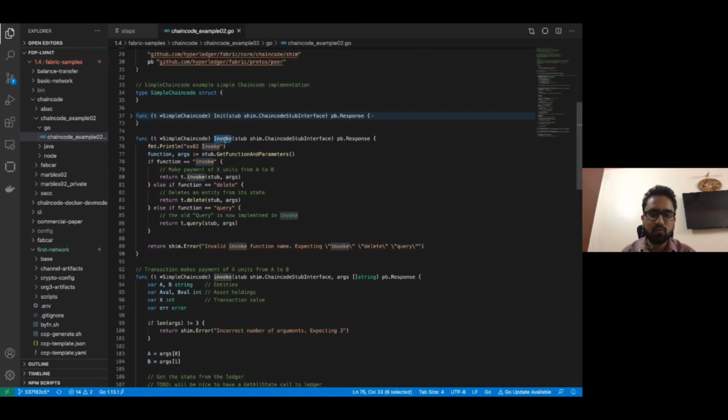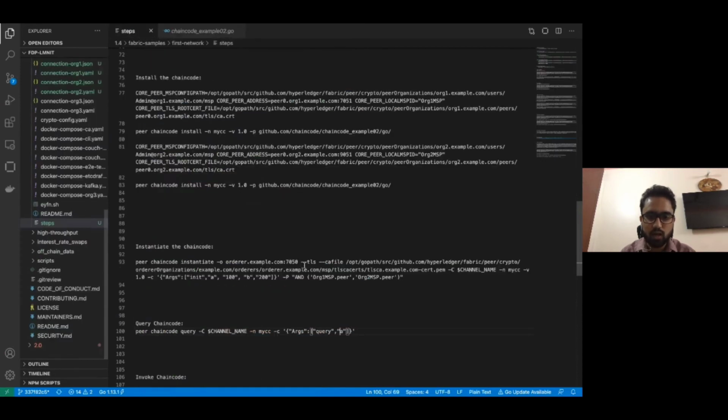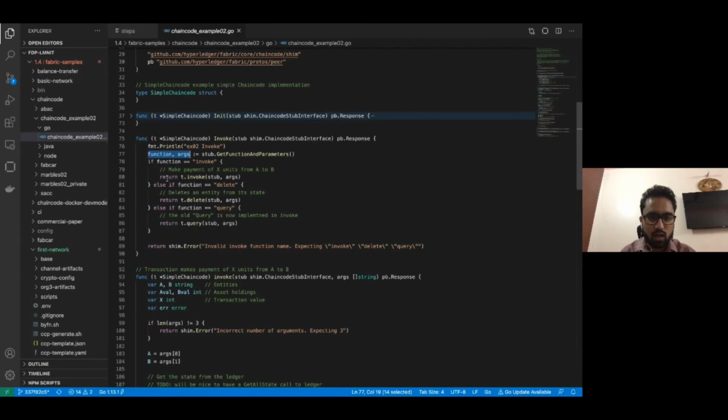So it will first do an invoke, and inside that it will extract the function and arguments from our parameters. So over here I have passed the function name as query, and what is the parameter. So the function name is query, so it will go over here and look at the if-else case, and if the function name is query, it will just call the function query.